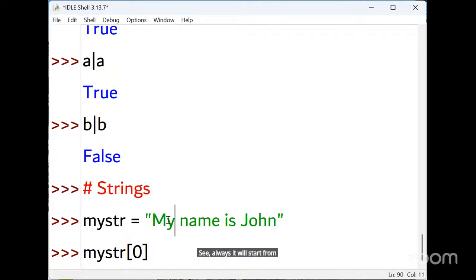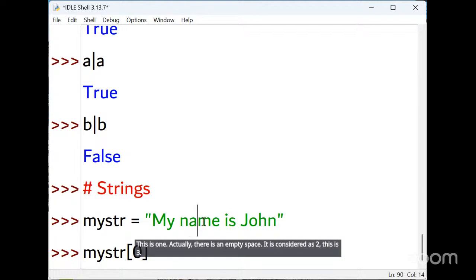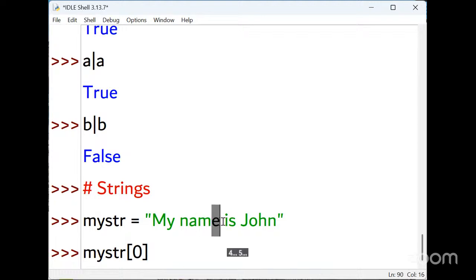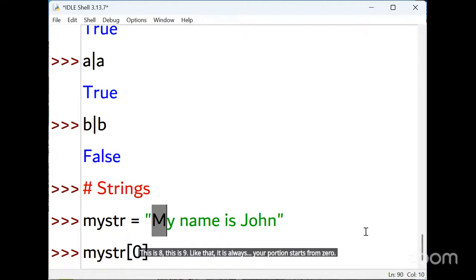This is 0, this is 1. Actually, there is an empty space, and it is considered as 2. This is 3, 4, 5, 6. This space is 7. This is 8. This is 9. Like that, your position always starts from 0 and goes on accordingly.